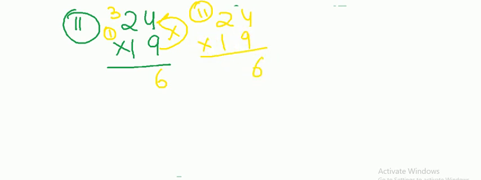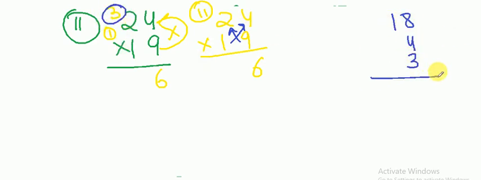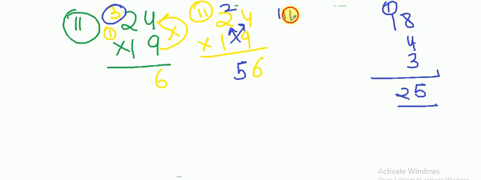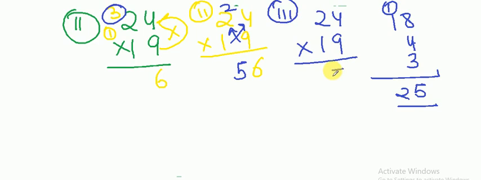Now second step was cross. This 9 into 2, 18. 4 into 1, 4. And if you remember, we already had 3 as a carry. So I'll add both of these. 8 and 4, 12. 12 and 3, 15. 2 ones are 2. 25. 25 I got, so I'll write 5 here and 2 here. The last step will be 24 and 19. 56 I already had. 2 into 1 is 2, and with this 2 it will be 4.